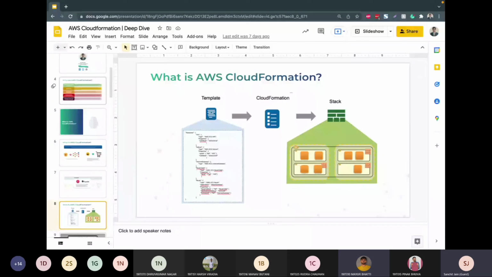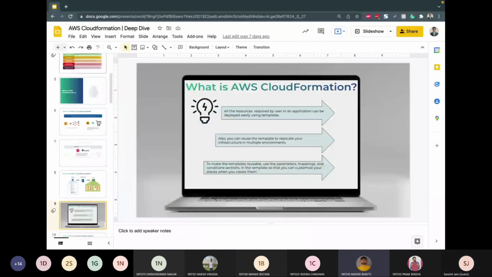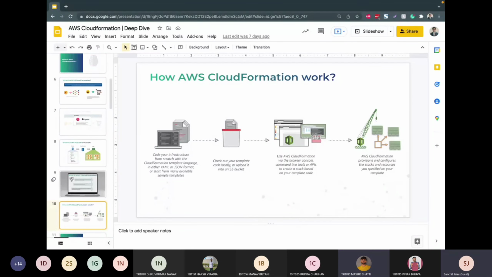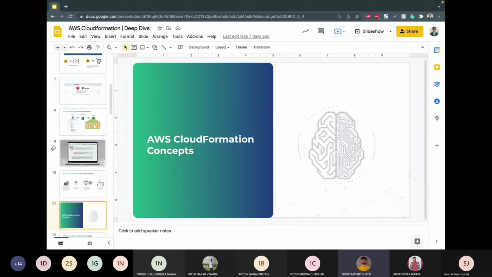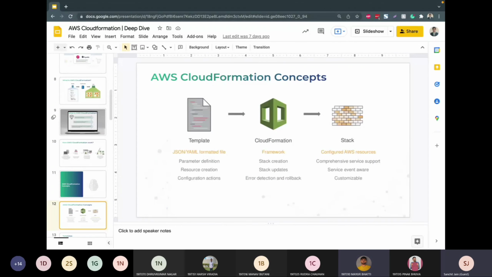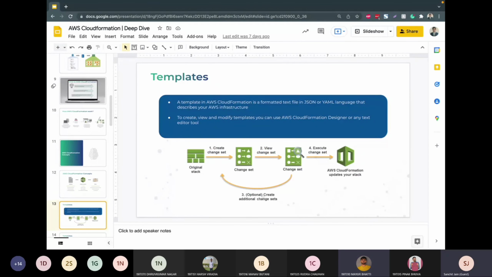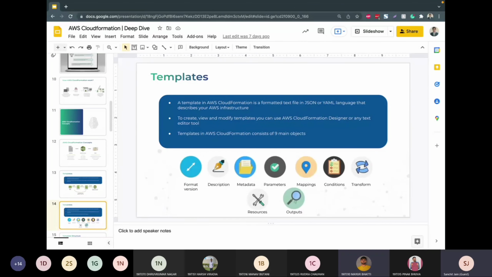Template, CloudFormation, stack, those are the different ways. Then we understood in technical depth what CloudFormation is, how it works, the concept of template and stack, and the entire life cycle you can think of: create, evolve, and then finally deploy. The 9 different objects of a template,